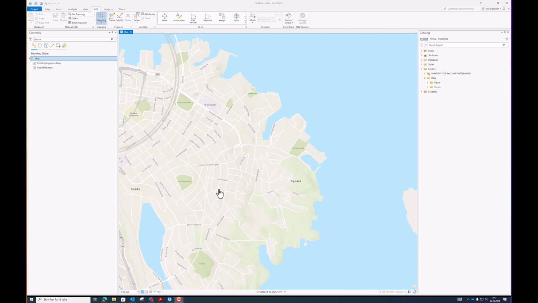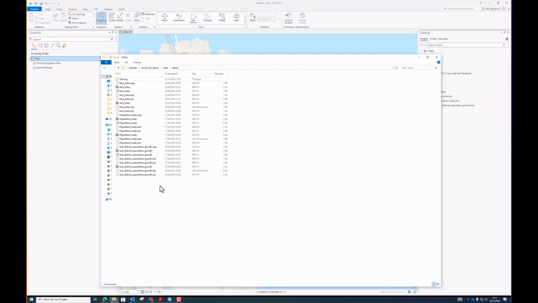If you remember, in the last tutorial, the beginner tutorial, we had this vector data, three shapefiles, and if we look at them in our folder, you can see these are the three shapefiles. Even though there are just three shapefiles, there are a lot of files associated with each shapefile. This is the hikes shapefile, and it has seven additional files